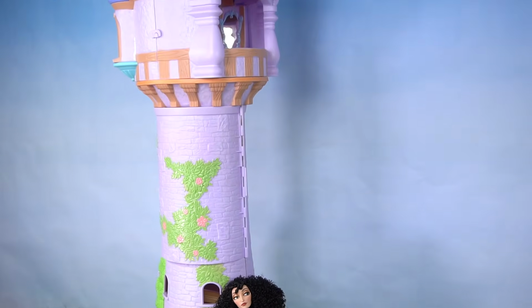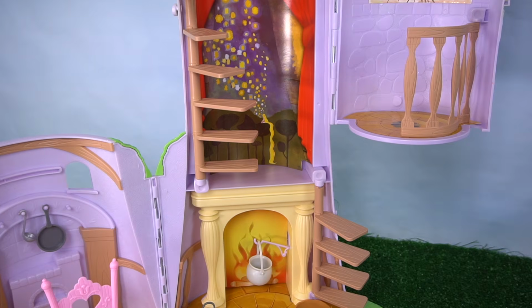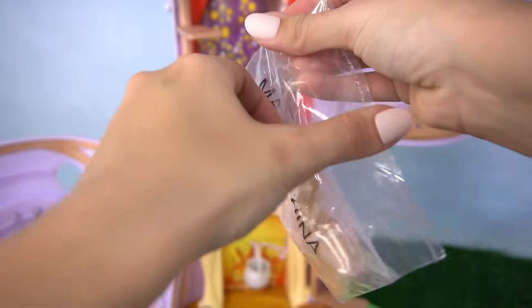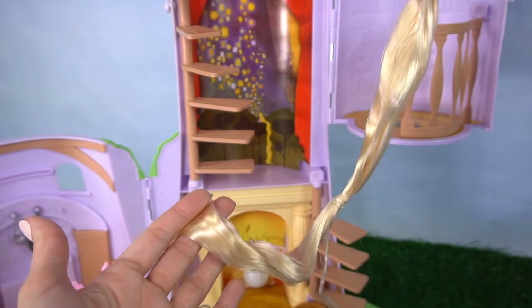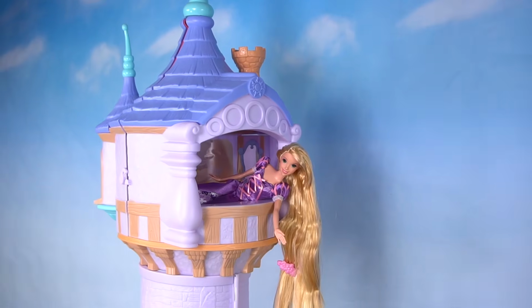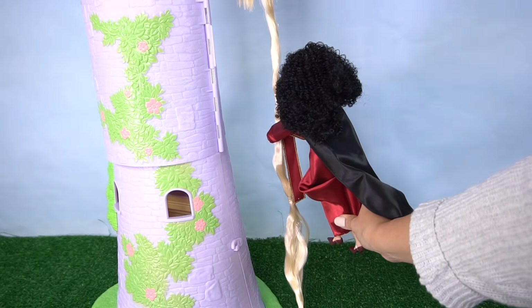Rapunzel, Rapunzel, let down your hair. It's Mother. I better let my hair down so she can climb up the tower. Come on. Now when Rapunzel lets down her hair, Mother can climb up the tower. The set came with this really long hair extension. It is really long. We clip it in place, and then Rapunzel can let down her hair and let Mother Gothel climb up the tower. And she can climb up